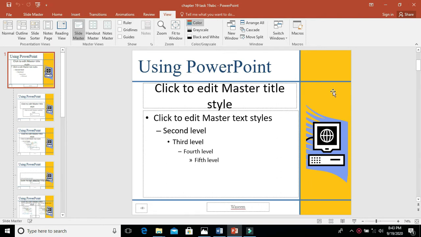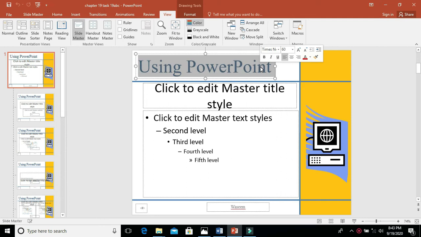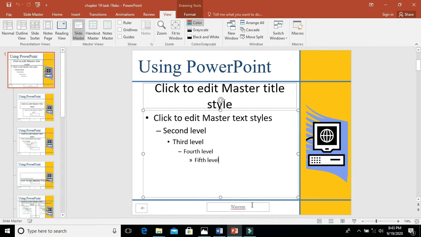In the previous task we added a right side yellow background, two horizontal strips and one vertical strip. Now in this task we are going to add a heading using a text box in PowerPoint, and we will be adding our name in the footer, a page number on the left side of the footer, and an image. We are going to insert it by using clip art. Overall it should look like this.